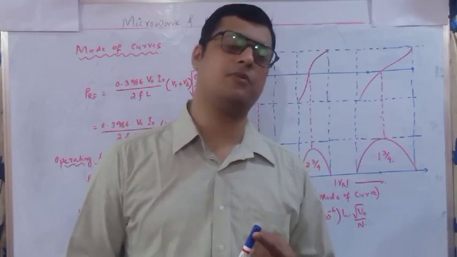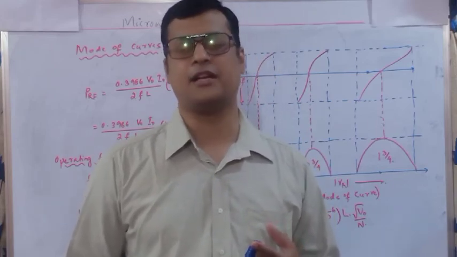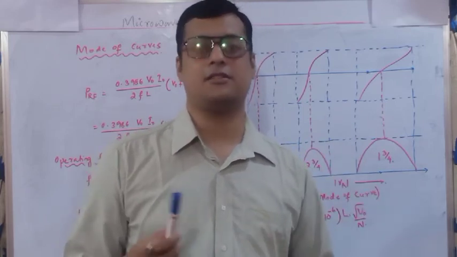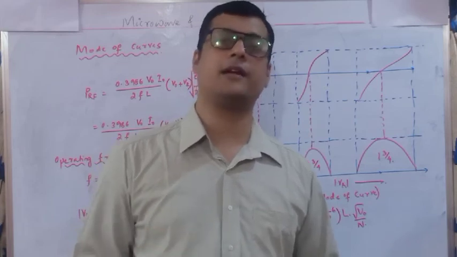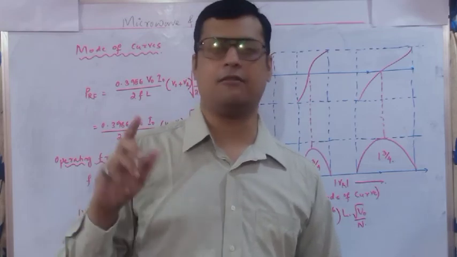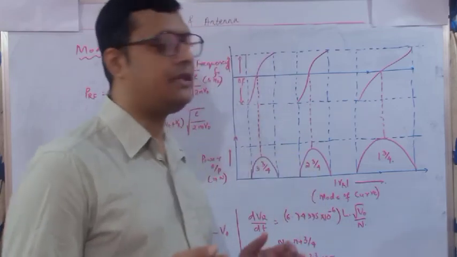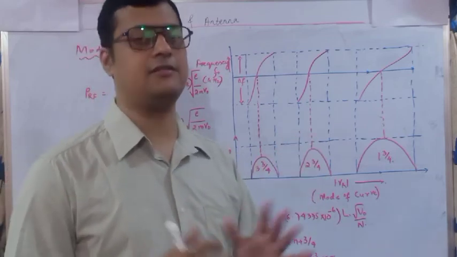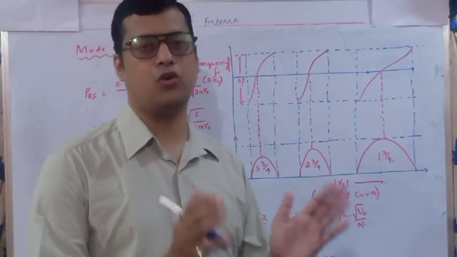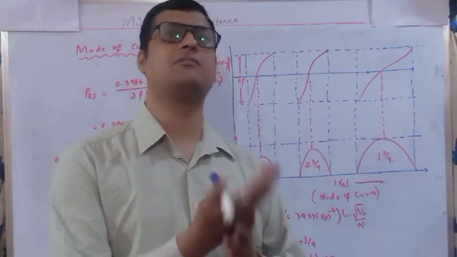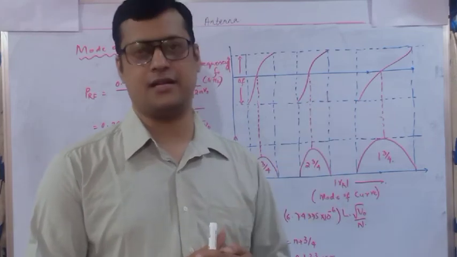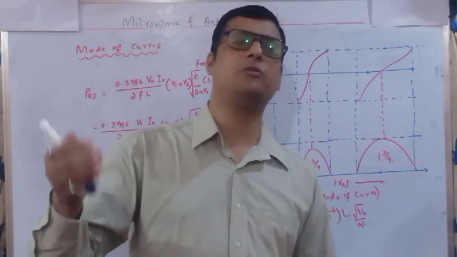With the help of repeller potential, we can determine the frequency at which the whole reflex klystron is operating. Second, the output power can also be identified with the help of the repeller potential. That calculation we have seen. And also with the variation of repeller space. These are the fundamental terms, and we will see which particular mode gives maximum frequency or maximum output, as we discussed in the previous class. As the number of modes increases, the output power reduces.